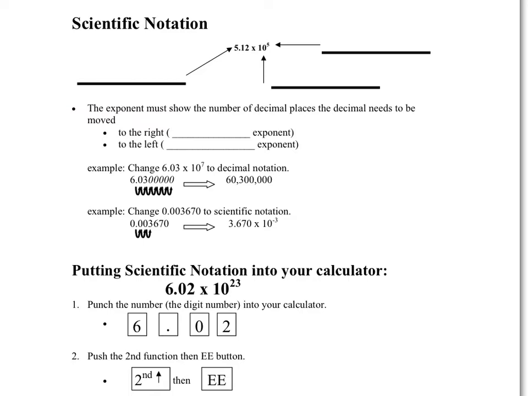There are 3 parts in scientific notation. We have the coefficient, the exponent, and the base. The exponent must show the number of decimal places. The decimal needs to be moved. So if we move it to the right, we have a positive exponent, and if we're moving it to the left, we have a negative